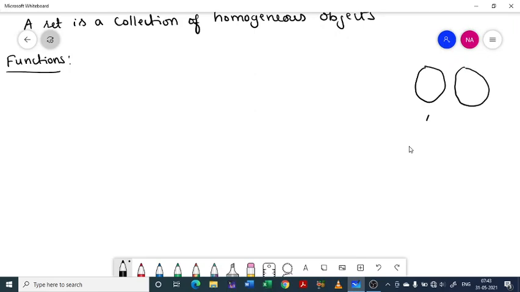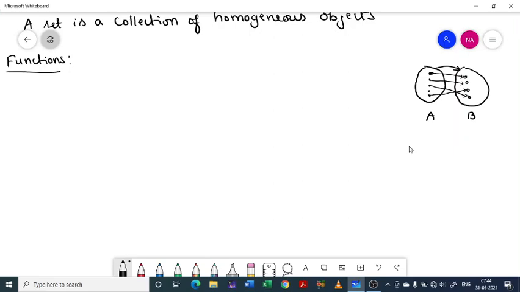And are called A and B. You have objects here and also objects here. It is possible to form a relation from this set to this such that this maps to, or is related to, this, and this will become related to this, and this will become related to this, and this one will become related to this. It is sometimes possible. We are not saying always.